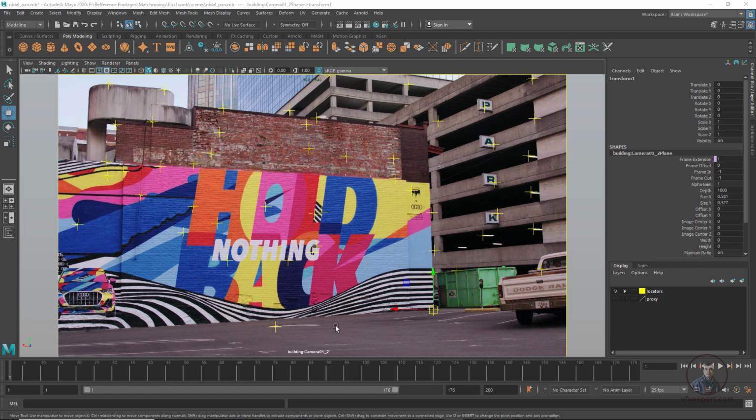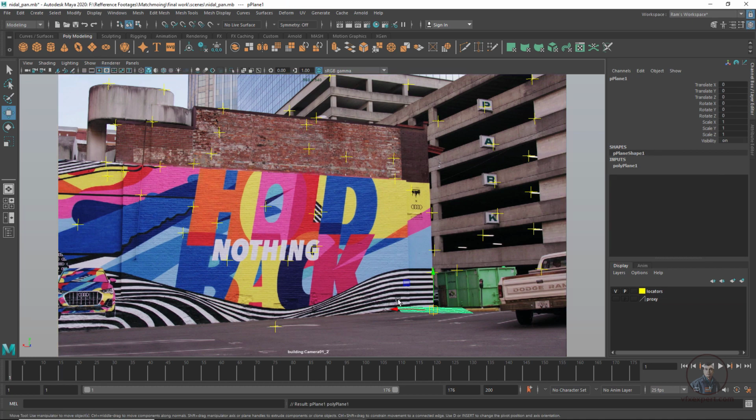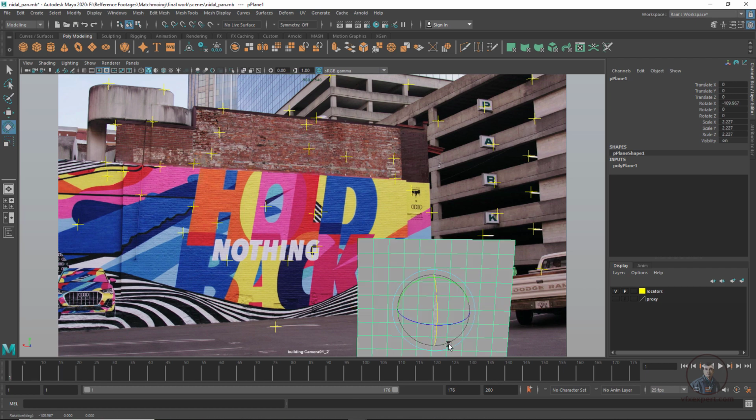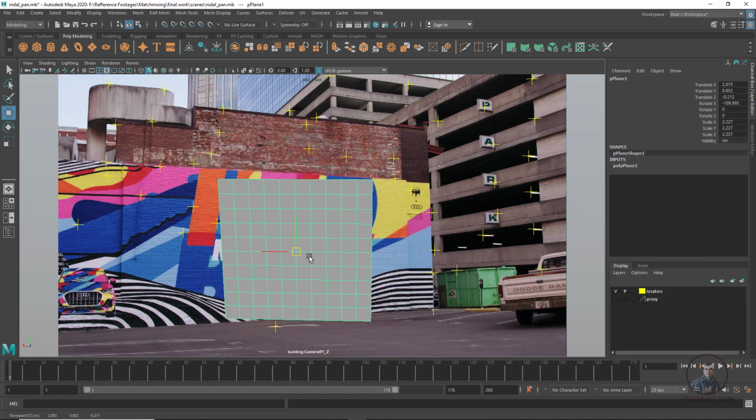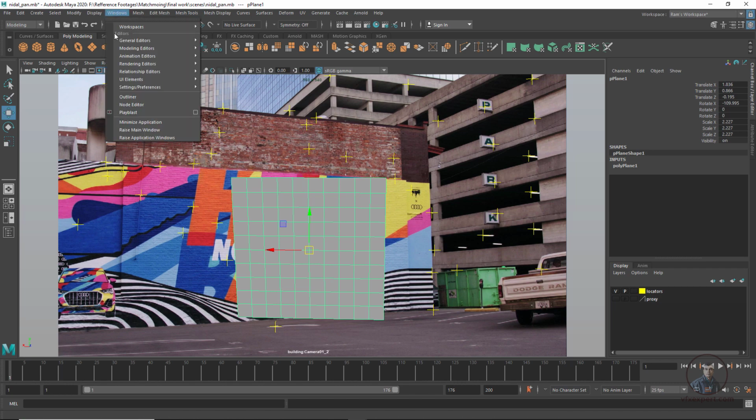Now after that, I am going to create some geometry here. Simply click on plane, then scale this one a little bit and rotate it, press W and move it a little bit here. Before placing our geometry, we will first orient our scene a little bit, because this will help in placing our geometry. Okay, so click on Windows, Outliner.